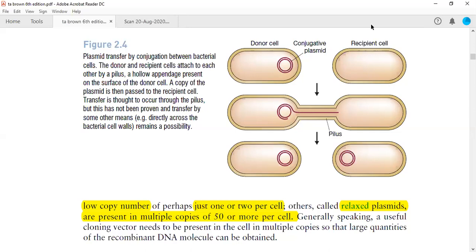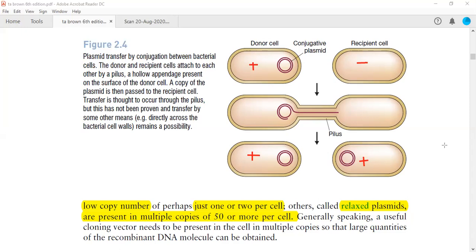Now after transfer, the recipient cell, which is actually negative at first, so let me annotate this so that you are able to see. The donor cell is positive because it has this F plasmid, and this is negative because it does not have this F plasmid. But what will happen at the end when the transfer is complete? This will be positive, this will be positive. We will discuss these transfers, Hfr plasmid formation and all in detail. So don't worry, we will discuss them in detail in upcoming classes.